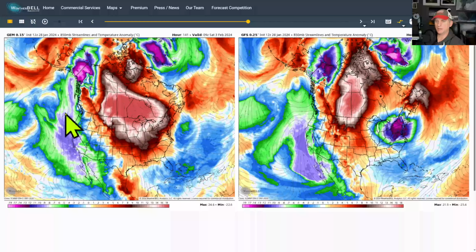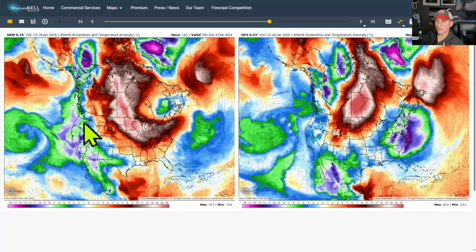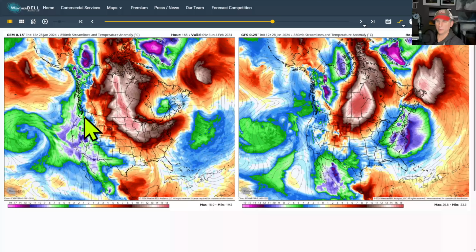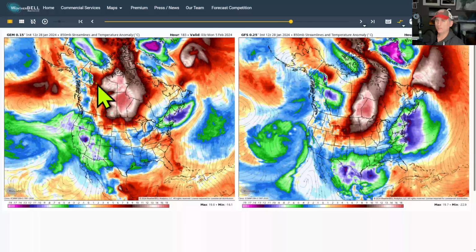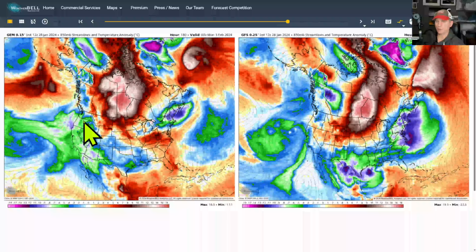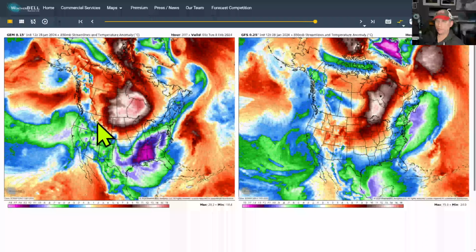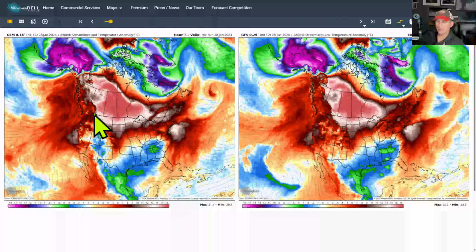And again, it depends on how this comes in. The snow levels are definitely going to drop here, but we're not talking about significant snowfall for the Vancouver metro or Seattle or Portland out of this scenario. You really need the Arctic air to be much more robust and sink down across British Columbia and take a shorter track back in to some of the western Washington, Oregon to really get a better chance for some lower elevation snowfall. So I don't see any kind of Arctic outbreak in our future right now, but